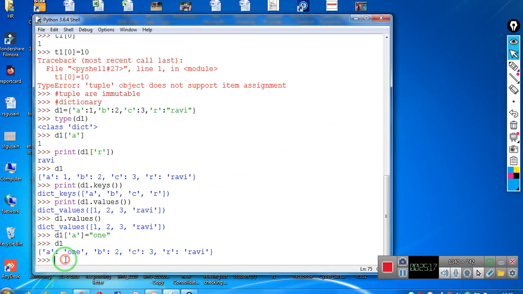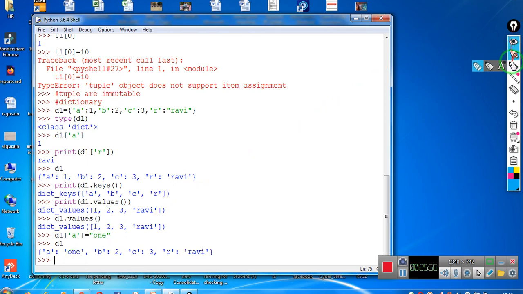So what needs to be known is that this dictionary is an unordered set of comma separated key value pairs. Unordered because it doesn't have a particular order. In list and tuple, they are ordered because they have an index number, and the index number always starts with 0. In dictionary we don't have any index number. We have a key and a value pair. So specifying a key inside square brackets, which is known as the slice operator, after the dictionary name gives the corresponding value from the key value pair inside the dictionary.